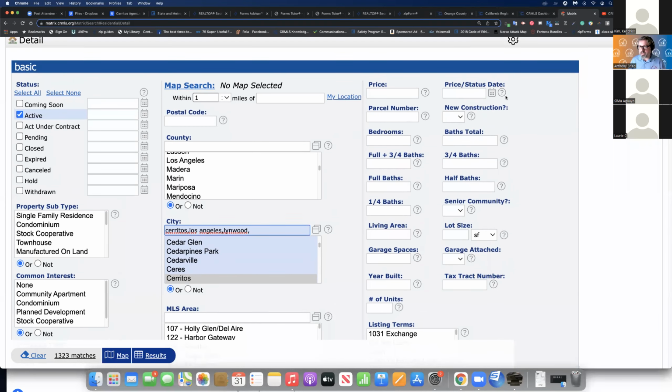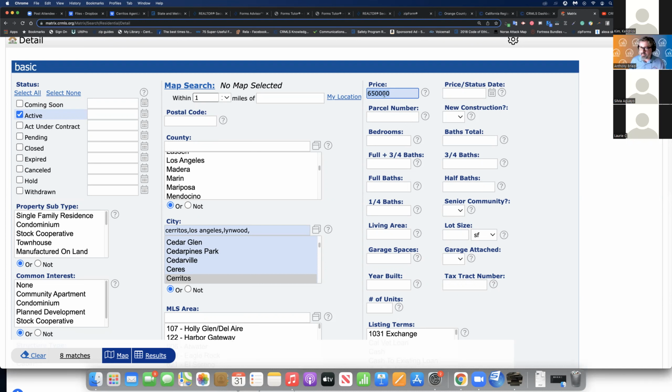Over here towards the left or to the right, price, bedroom, bathroom, square footage, the number fields basically. So here, I can click in the price box. I can type in a price, maybe, oh, I don't know, 650,000. No commas, no spaces, no dashes, no dollar signs, anything like that, right? The 650,000. Now we went from 1,323 properties down to 8. Why? It's because I'm telling the system I'm wanting to look for properties listed at exactly